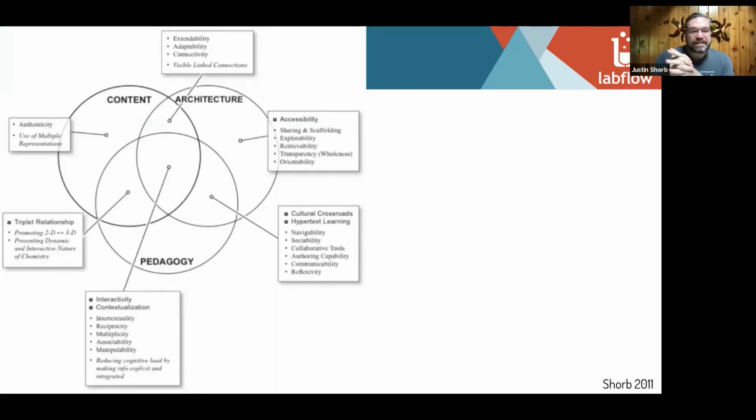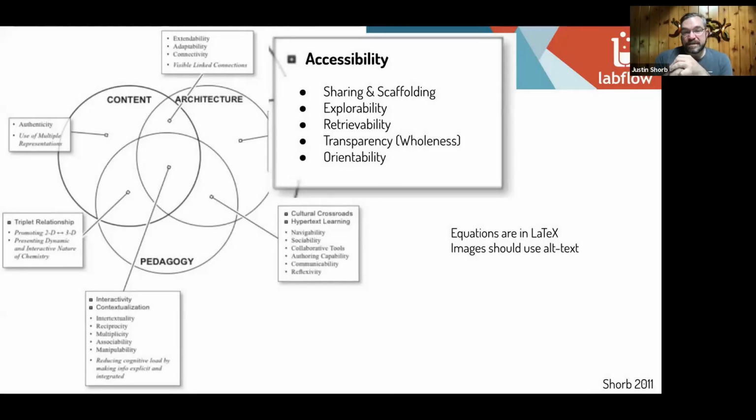Essentially, it describes the overlap of 3 big parts of trying to give information to a student so they can learn it. There's accessibility, of course. Accessibility is part of the architecture. So architecture is, how is your material designed? What are you going to use? Chapters, units, sections? Or just different pages and sub pages? Are you going to do this in a video that has links within the video? That structure you give your material has to be accessible, explorable, and have some scaffolding in it. Then there's the word transparency, which is like wholeness.